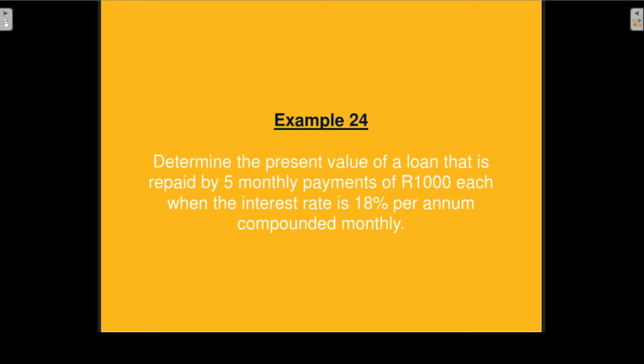Example 24. Determine the present value of a loan that is repaid by 5 monthly payments of 1,000 rands each when the interest rate is 18% per annum compounded monthly. Okay, so if we draw a timeline,